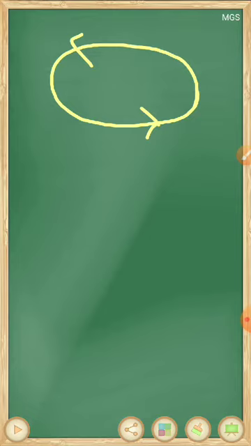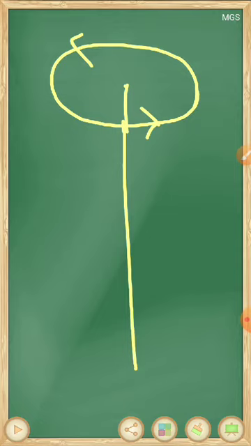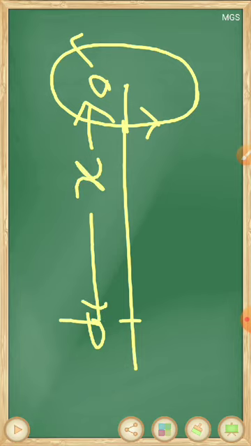The plane of the circular conductor is perpendicular to the plane of the paper, and this is the center O. P is the point at a distance x, where we have to find out the magnetic field,